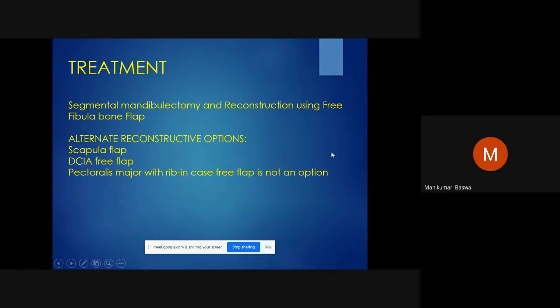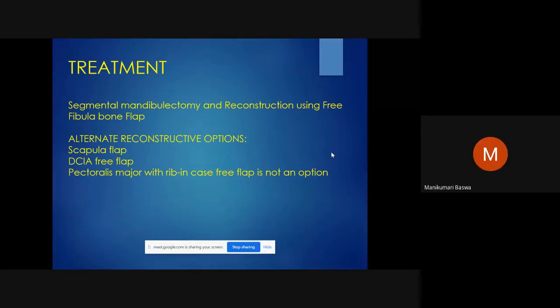We'll check it. So, Shravan, my last question is, no bone free flaps are possible, and this is a dentate patient. He is insisting that you maintain the maxillomandibular occlusion. He doesn't want an ALT. He doesn't want a pec major. Can you tell me some of the pedicle bone flaps that you know?